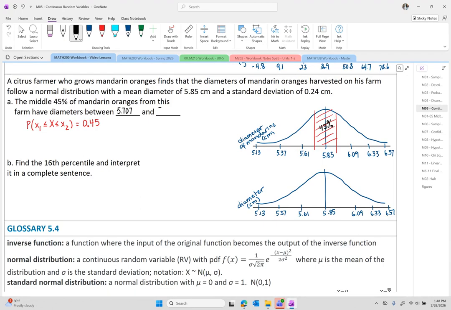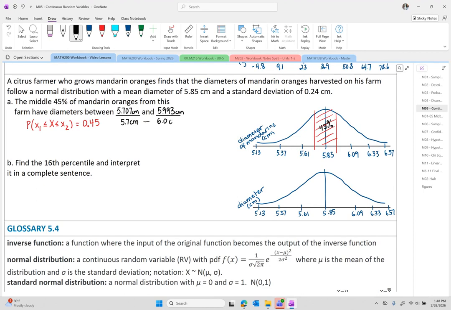So 5.707 and 5.993. Remember to use units here. These are diameters of oranges, so they are measured in centimeters. And also to round correctly. If they wanted us to round to the nearest tenth of a centimeter, we would have said 5.7 centimeters to